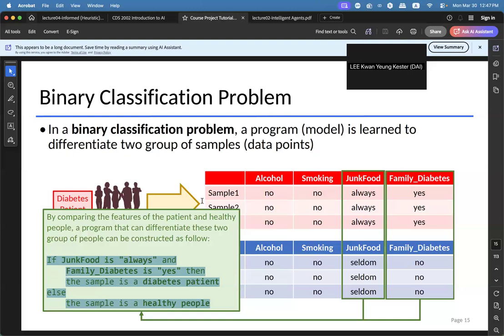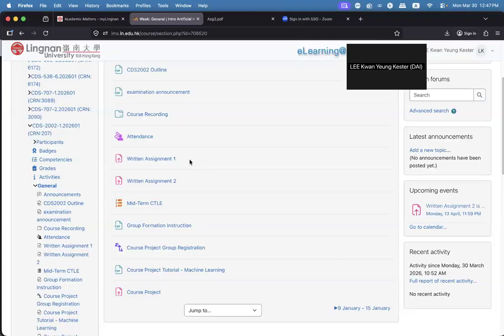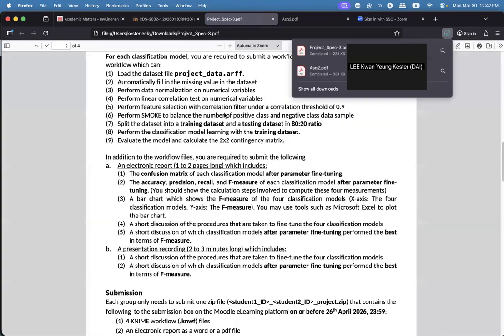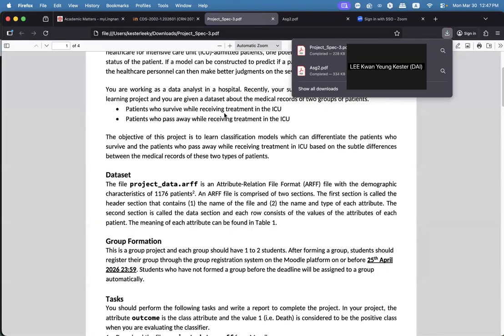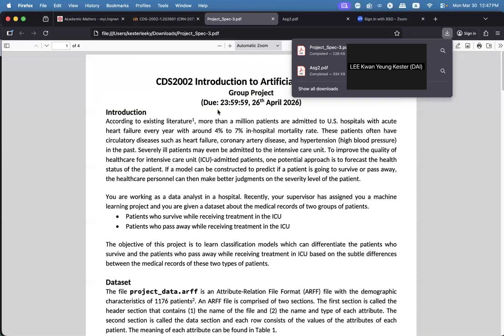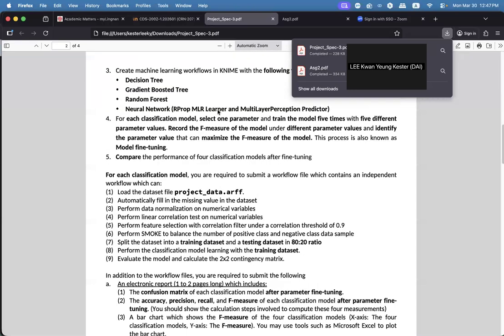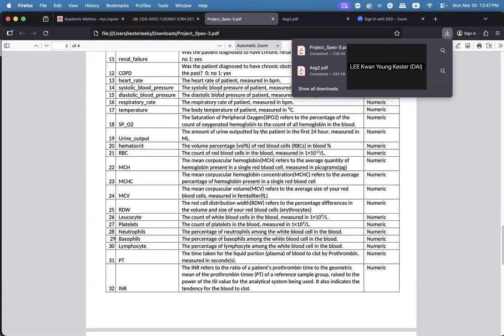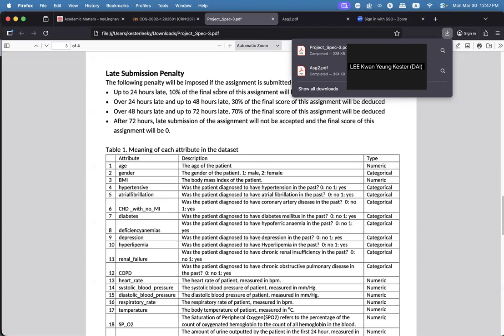So in real practice, when you are preparing a data set, what you will actually prepare is something like this. This is the project specification, and at the end there is a table that describes the attributes available for each data sample in the data set.